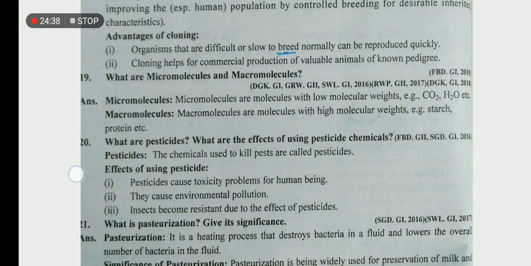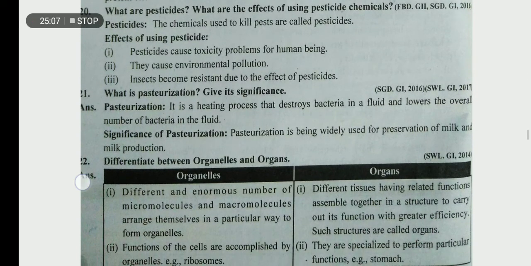Effects of using pesticides. Definitely pesticides are toxic agents. These enhance the toxicity in the environment, and their toxicity is the main reason of the environmental pollution. Insects become resistant due to the effects of the pesticide. Resistant, लेकिन आप किसी को मुसलसल मार पीट रहे हैं, थोड़ी देर बाद वो रेजिस्टेंट हो जाएगा उस मार पीट के। इसी तरह इंसेक्ट्स जो हैं वो भी थोड़ी देर बाद उस केमिकल के रेजिस्टेंट हो जाएंगे।